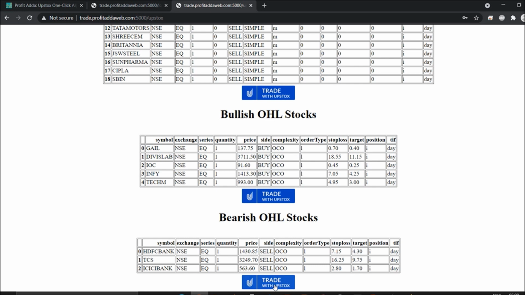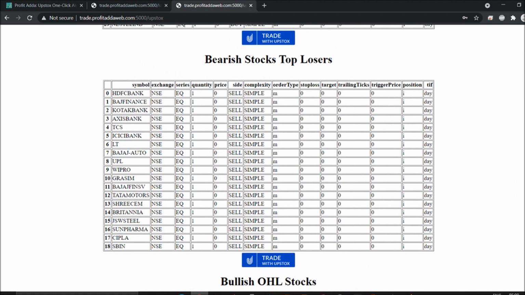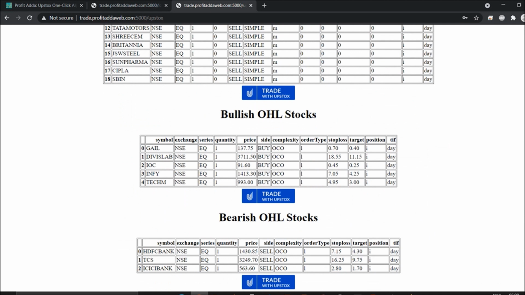Suppose I took this HDFC Bank, it will definitely be in the bearish tops, you can check. Here, HDFC Bank, open equals high is there. That's the reason we are in bearish stocks and we are ready for the trade. If you add one more filter, you can surely achieve the targets, 0.3 and 0.5% for sure.